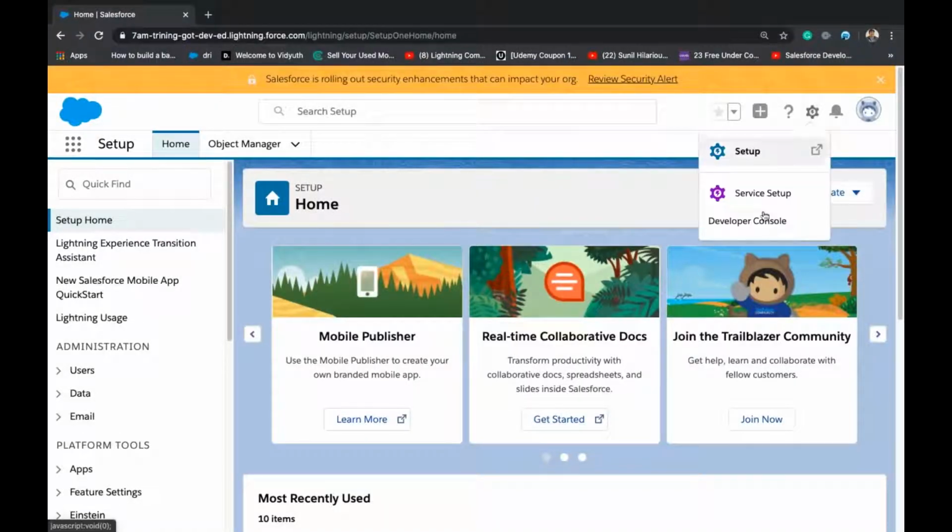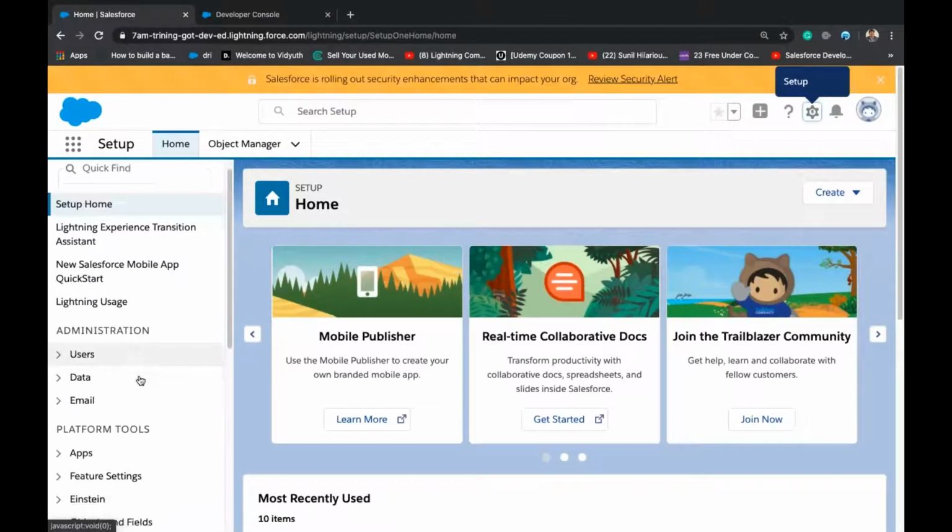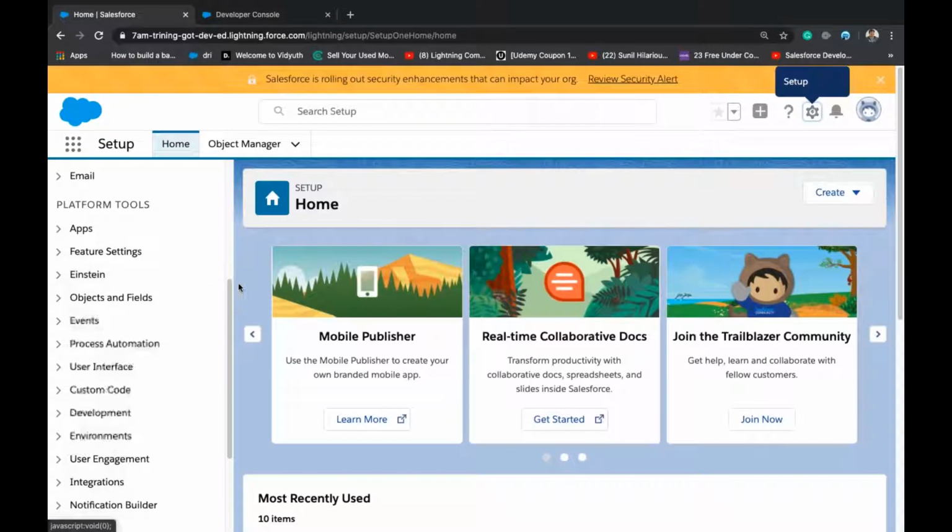So which tool should we use for these options? What Salesforce recommends is whenever you are able to do something with admin tools like Process Builder and workflows, which are declarative, or nothing but point and click, you should go with them.